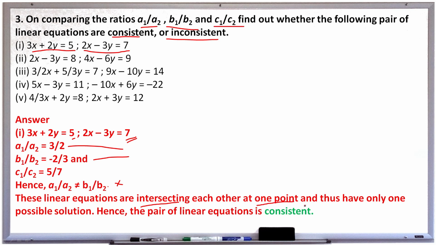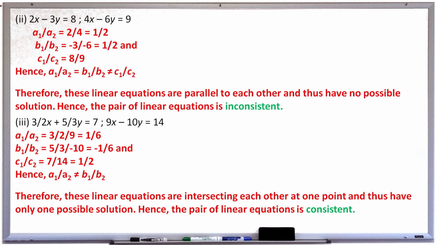So the linear equations are intersecting each other at one point. If they are not equal, definitely they will intersect at one point. Only one possible solution for the given equation. Hence the pair of linear equations is consistent. Understand? Second question,